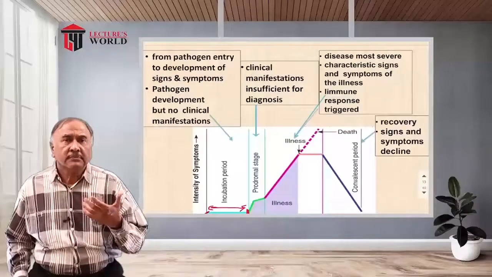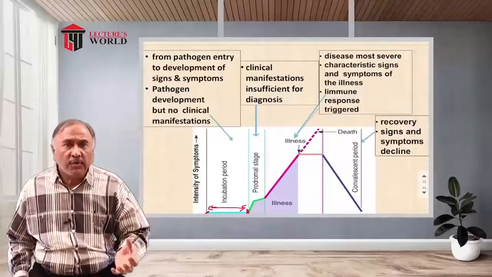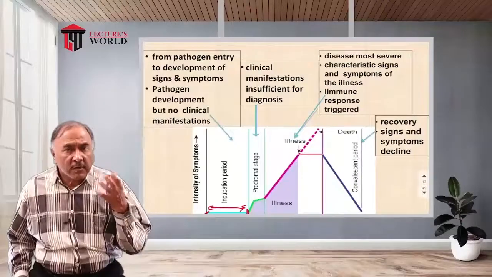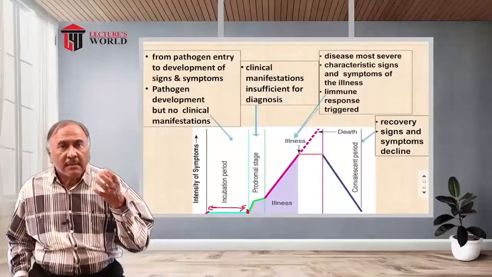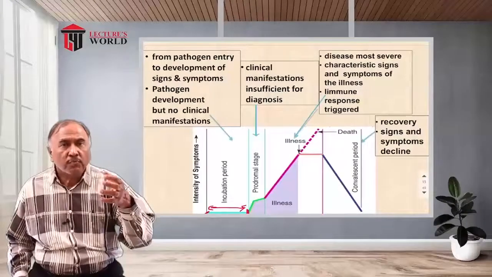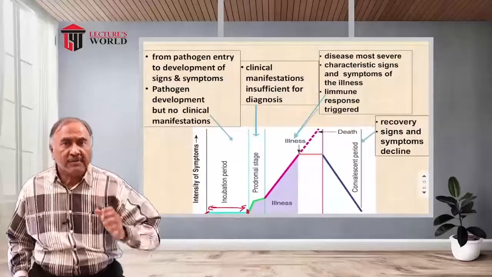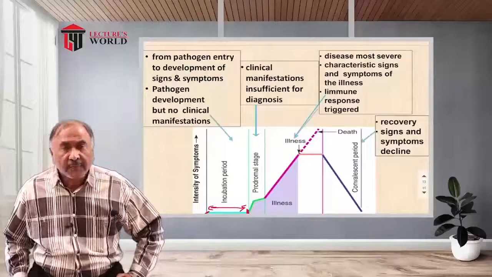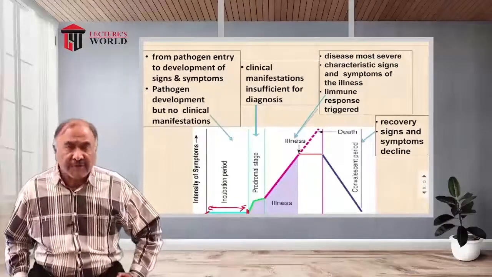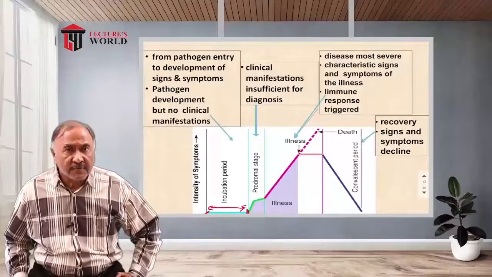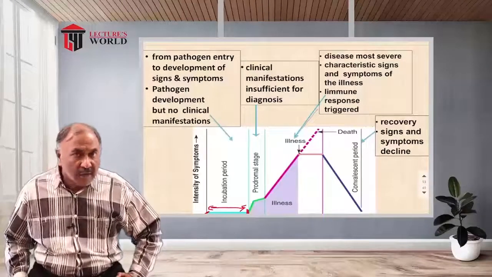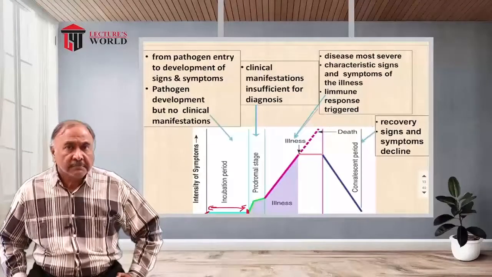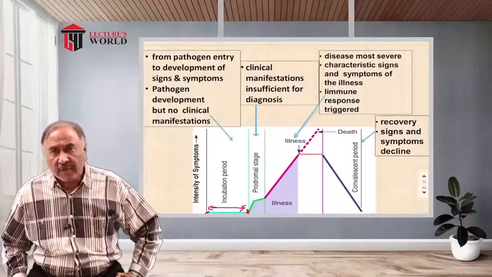However, one cannot conclusively or definitively say that it is due to this particular organism. It means clinical manifestations, signs and symptoms shown by the patients are insufficient for diagnosis. They are insufficient for diagnosis